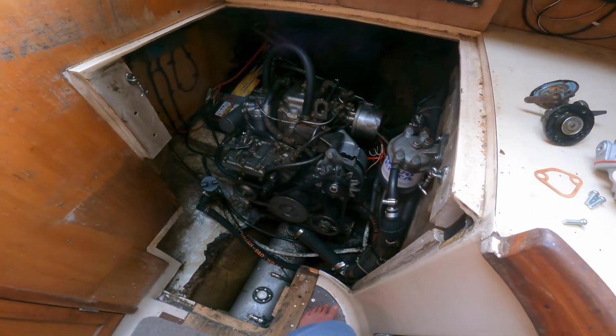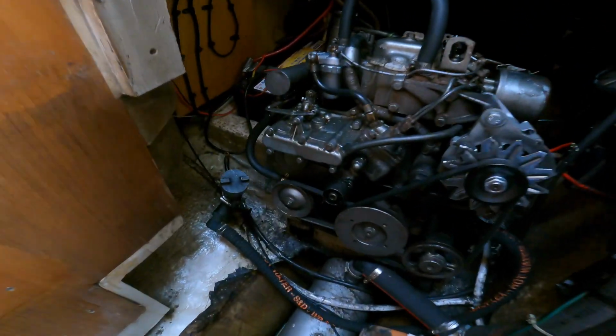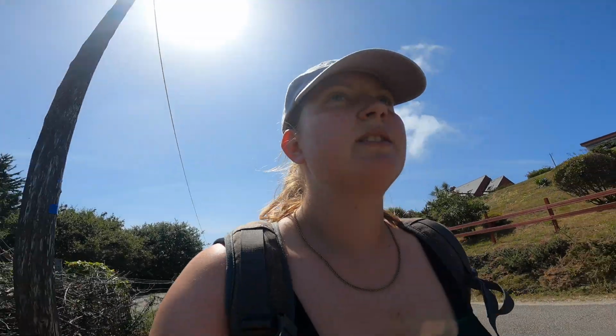And hopefully this is actually the problem. I've said this multiple times now, but please work. I have spent the last 4 weeks in Brest in the marina trying to fix my engine, but I was waiting for different parts in the post, and so it all sort of amounted up to that time. But sadly the engine is still not fixed, which annoys me a little bit, I'll be